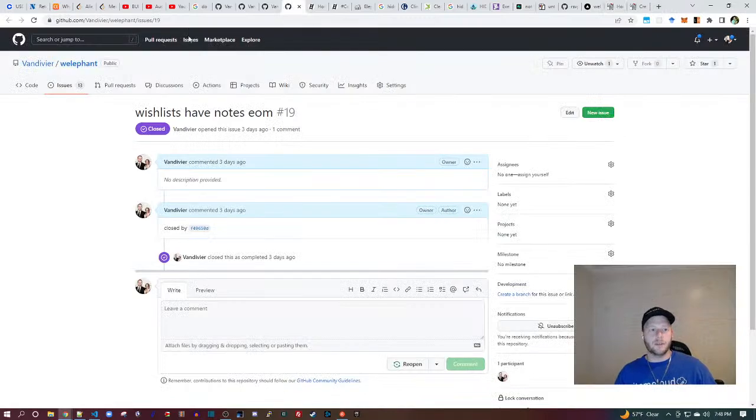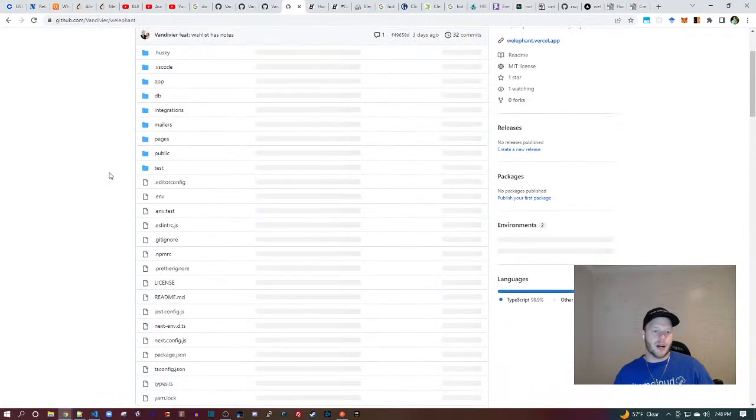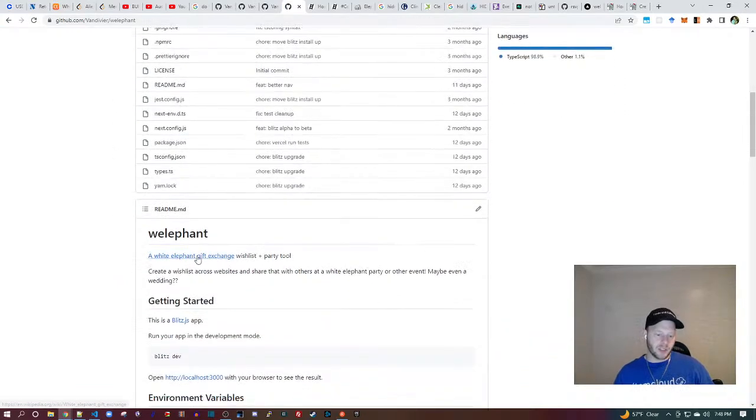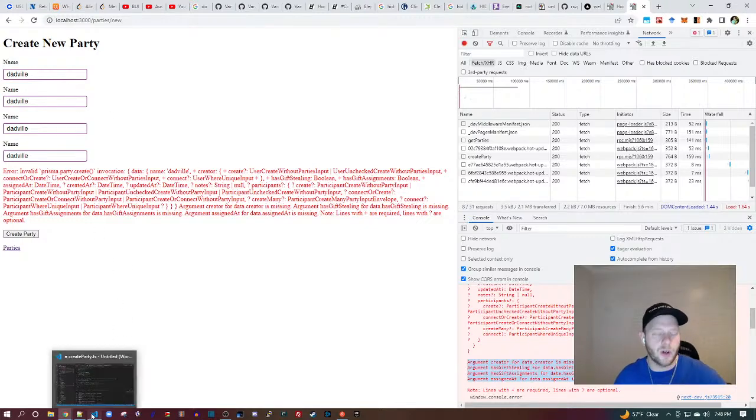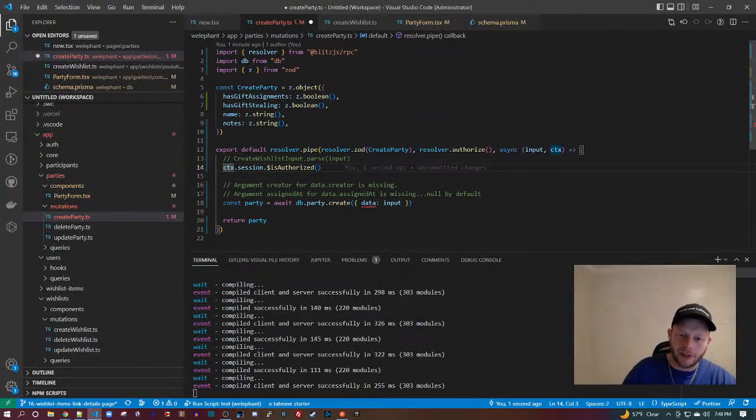It's open source if you go to Vanderveer/Welephant, and then you can read more about what a white elephant gift exchange is here in the README. What it do, Poppy? Is this React? Basically, yes. So this is Blitz.js, which is a framework built on top of React. Look at this, dadville. So we have the same field over and over. We're going to change that, don't worry.